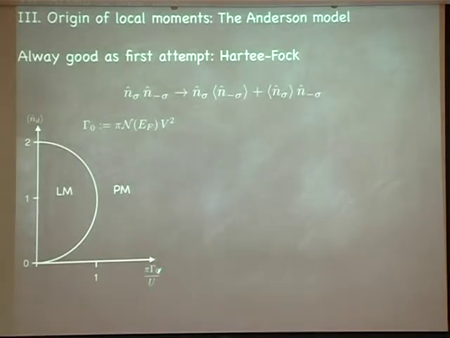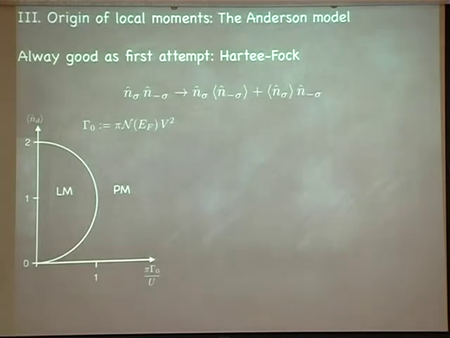Boring. If this object, especially at half filling, so this is the filling 2, 1, 0, at half filling, crosses the line pi gamma naught over U equals 1, then something happens. And in this mean field treatment, since mean field never cares about any dimension, it also orders in one dimension, and what you get here is a ferromagnetic ordering. Well, this is of course nonsense, right?